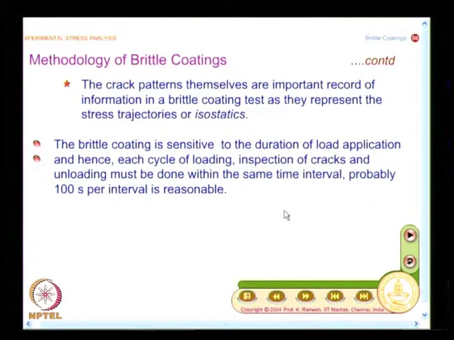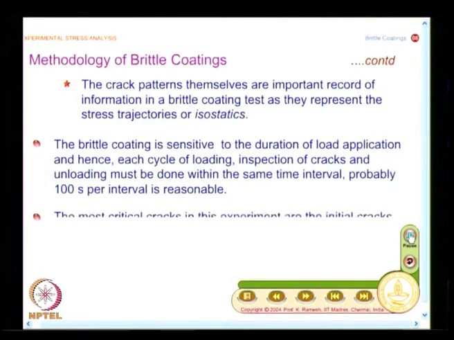And another aspect which you will have to keep in mind is the brittle coating is sensitive to the duration of load application. So, you have to have a particular cycle to follow. For each cycle of loading, inspection of cracks and unloading must be done within the same time interval, and this varies depending on the coatings. It is probably something like 100 seconds per interval is reasonable. People also use 5 minutes. So, it is a function of the coating that you employ,